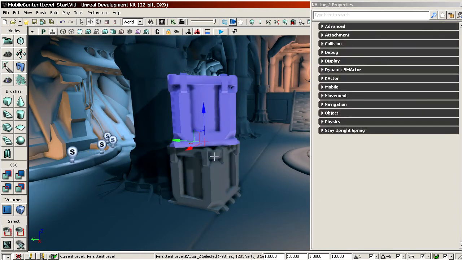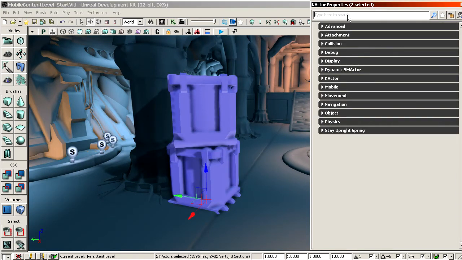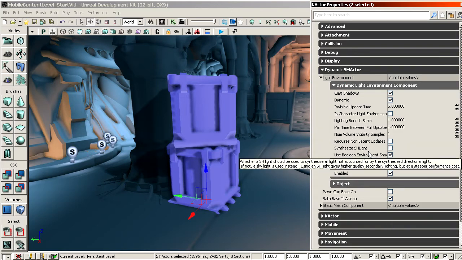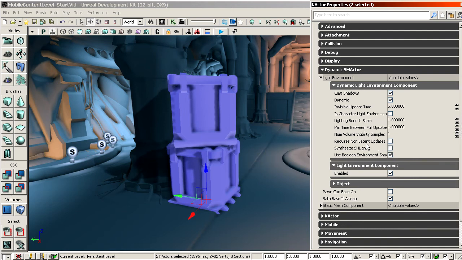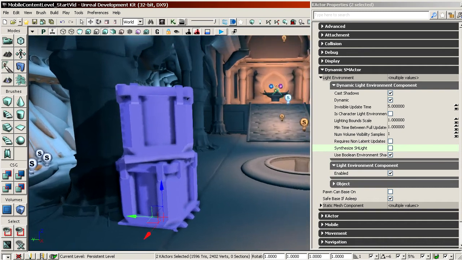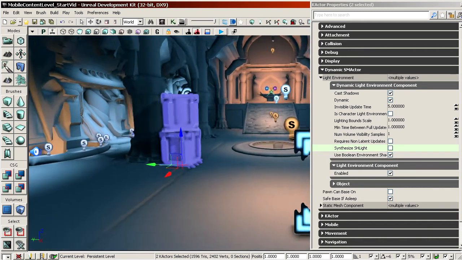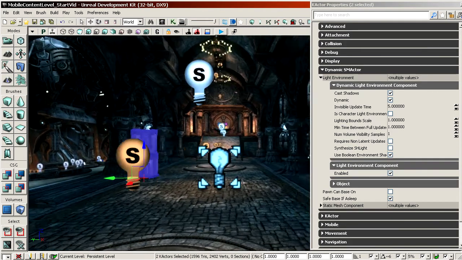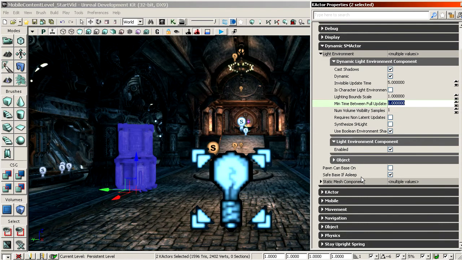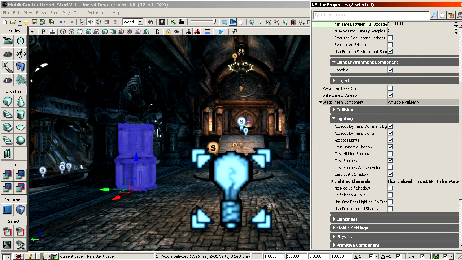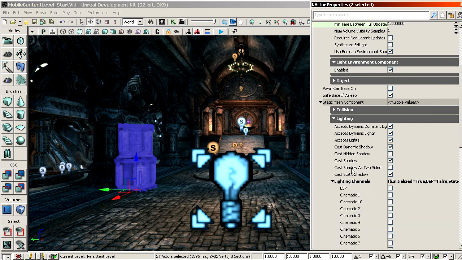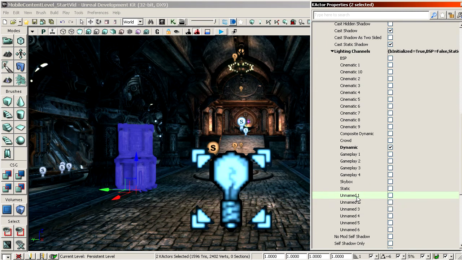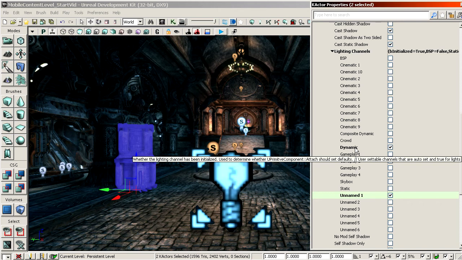Another problem with mobile meshes and mobile lighting, dynamic lighting, is that the light environment, and for information on what a light environment is, please refer to my lighting tutorial. But the problem with the light environment on mobile is that it will appear much darker than it will appear on PC. So if I put this on mobile, this is probably going to show up near black. So in order to work around that, what I tend to do, and what I did all the time in a mechanical, is I would give these meshes, I would pretty much give all the characters in the level their own lighting channel. Say for example unnamed 1, something unused, these are unused. So I would assign unnamed 1 to them, take away dynamic,